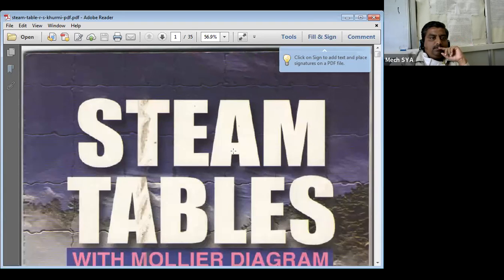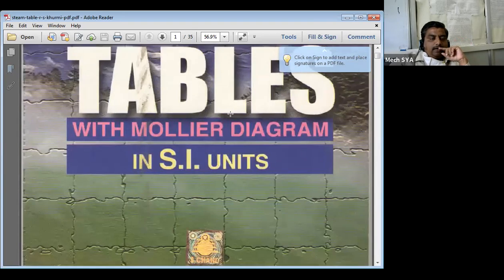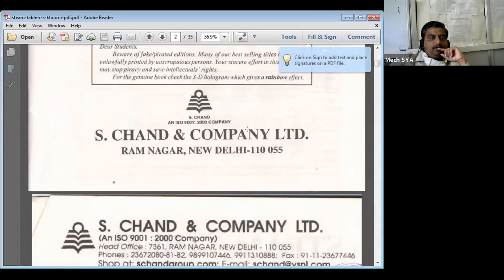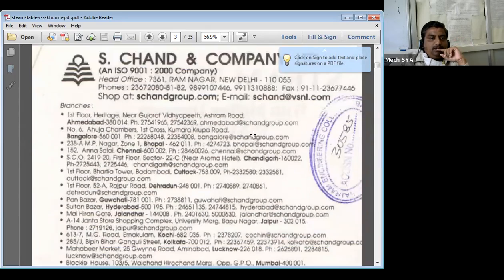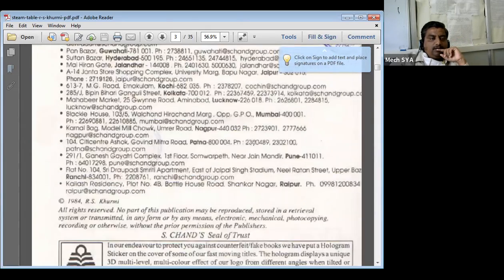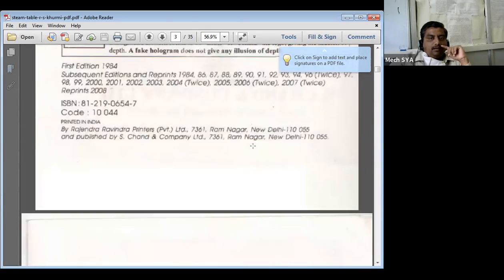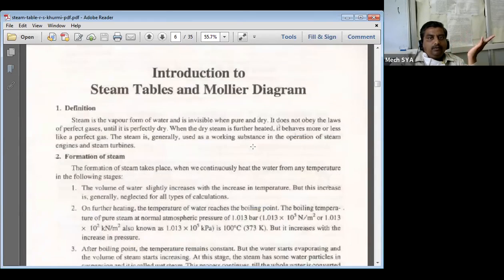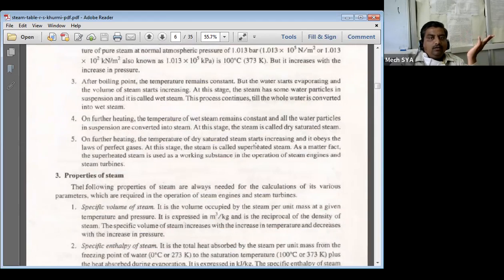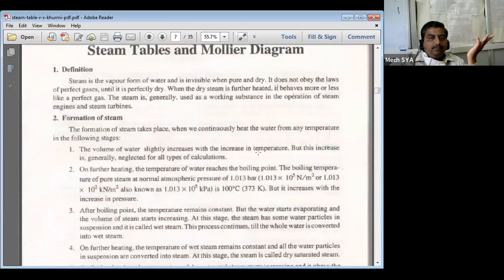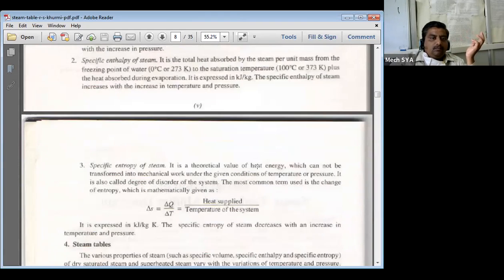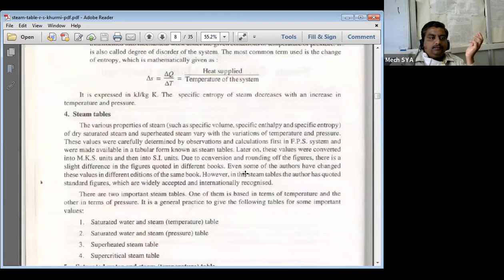Is the steam table visible? Somebody can tell loudly. At 1 atmosphere pressure, we want the value of the latent heat hfg. hfg means the latent heat of vaporization. I can go to table number 1 by knowing the temperature as 100 degrees Celsius, or 1 atmospheric pressure, which is equal to 1.01325 bar. By these two conditions I can.